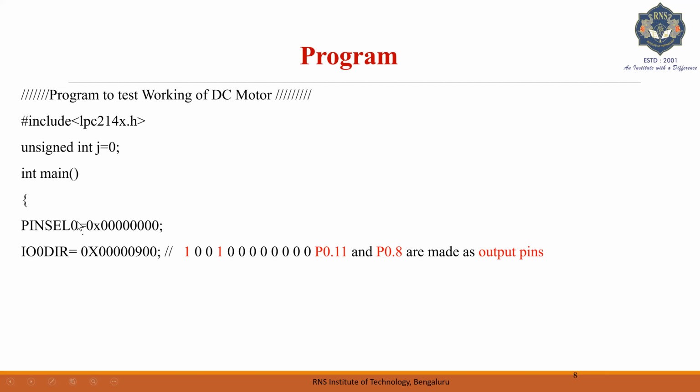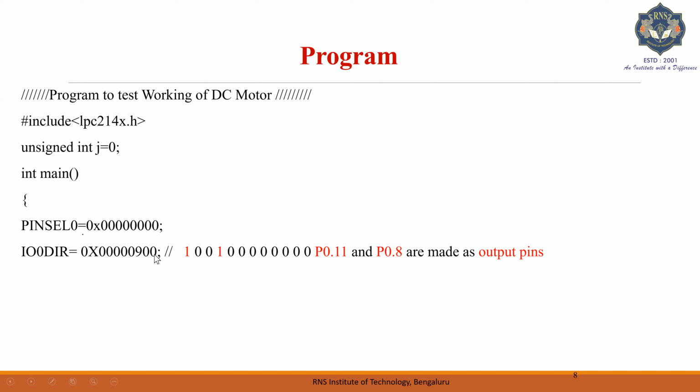So why I am using pin cell 0 is because our lines 8 and 11 come under pin cell 0. By default, even if you are not giving this value, GPIO will be enabled. All the 64 pins of our microcontroller are used in combination for different purposes. So when you supply the value 0, it will be used as GPIO, that is general purpose input and output.